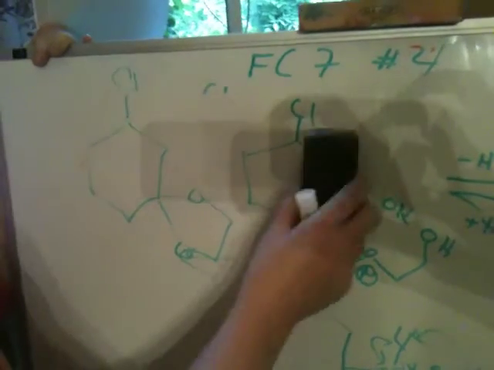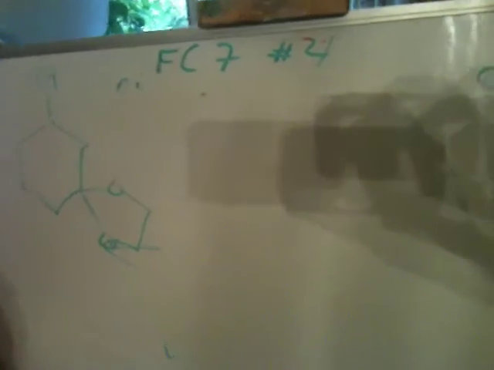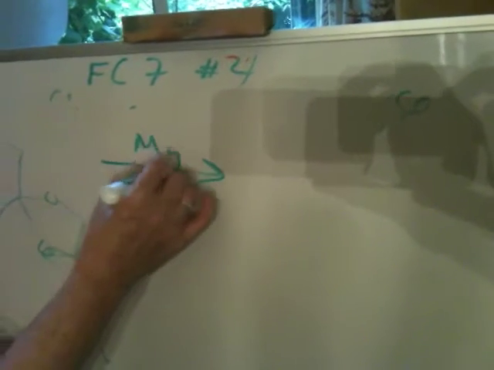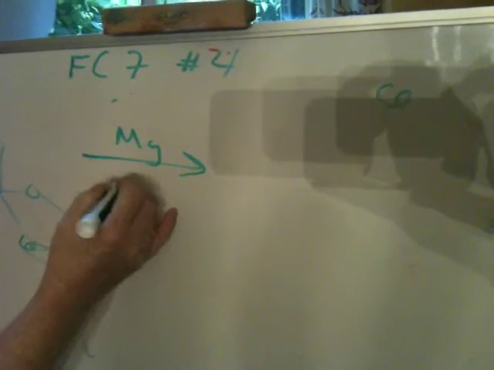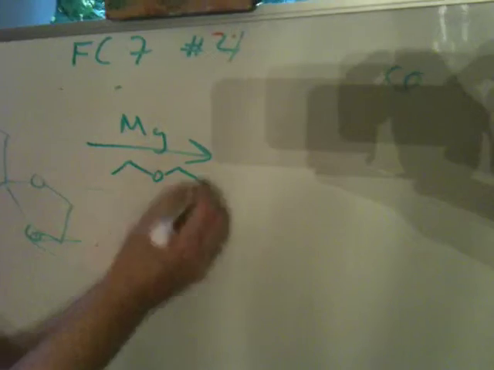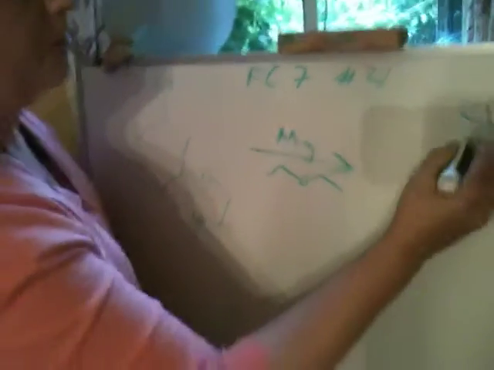Okay, now once you get the ketal, what are you going to do? I can't write this whole mechanism out because it would take forever. But if I really did add magnesium, and again, this flashcard, I left this off. I don't know why. But if I added magnesium and ether, you should all know what would happen. You would make the Grignard, and you'd reverse the polarity at the site